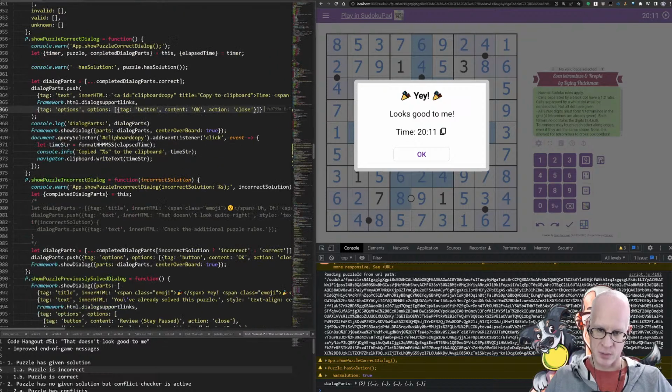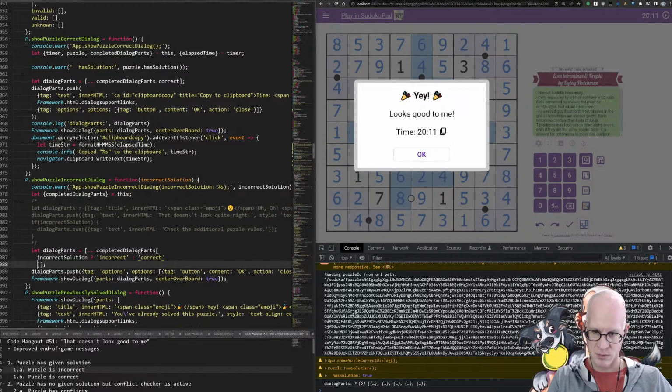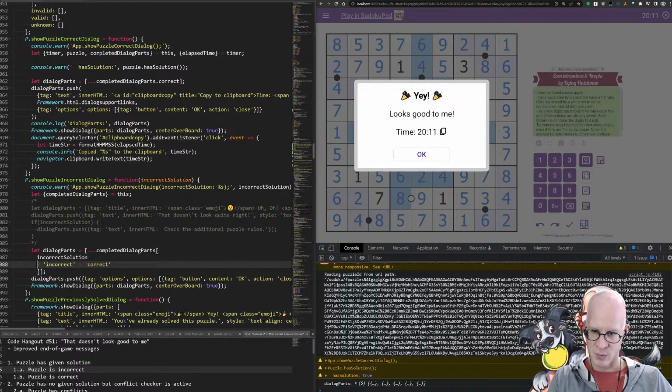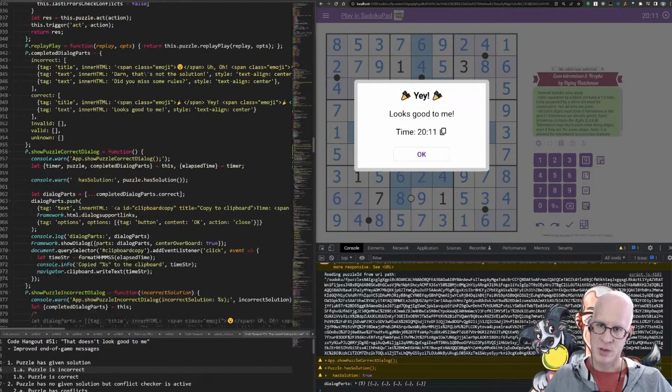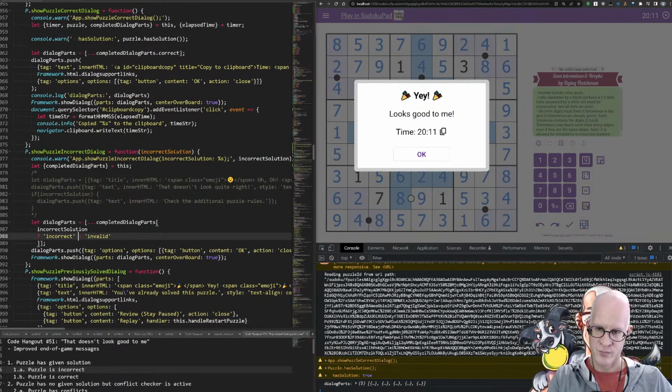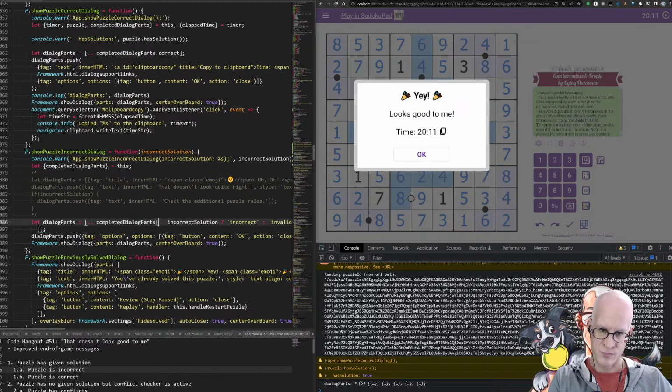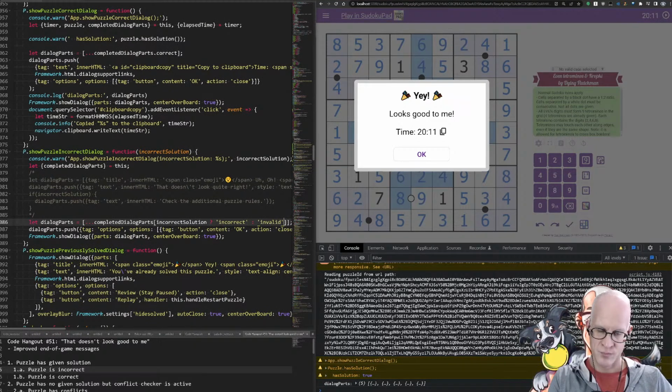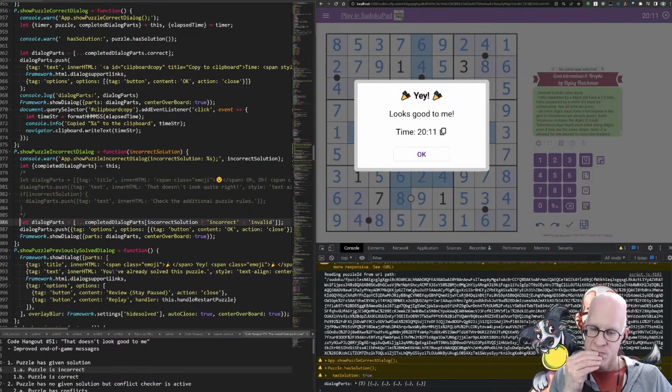Now, in the incorrect one, we're switching between incorrect and correct, which is completely wrong, of course. So what we really want to switch between is incorrect and invalid. Ah, wait. Yeah.